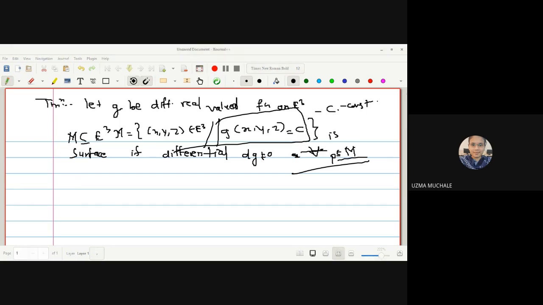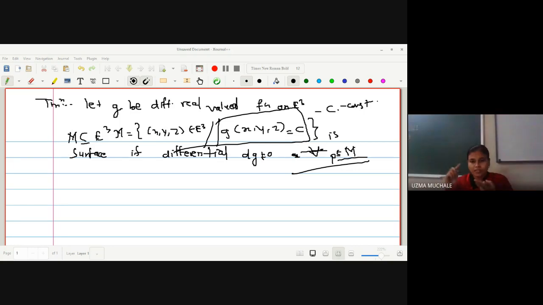What is there in the definition? For each point P of a surface M, there exists a proper patch in M whose image contains a neighborhood of the point P. Okay, for each point P, you have to find the proper patch. Okay, what is the meaning of a proper patch? You have to check regularity, and then that the inverse function is continuous. Okay, all these calculations you have to do if you want to check whether a given object is a surface or not.